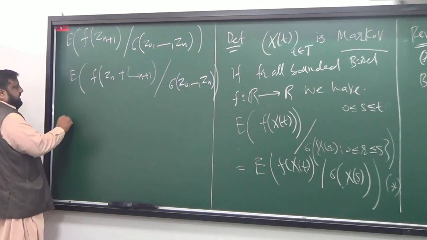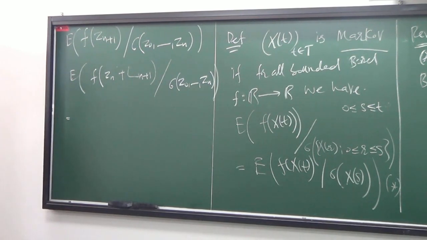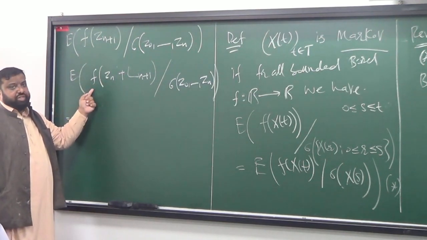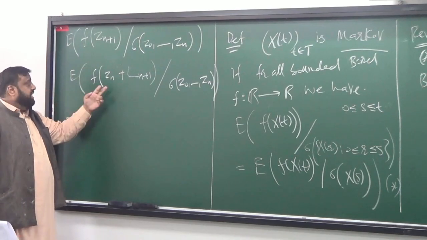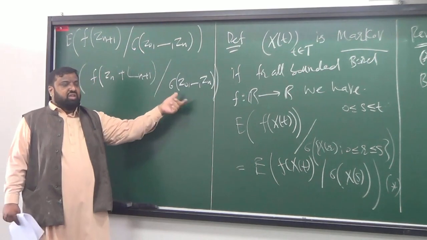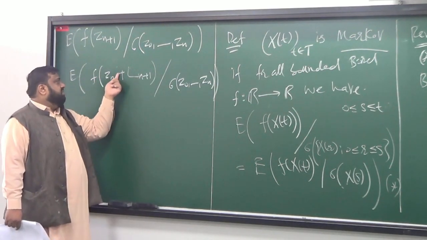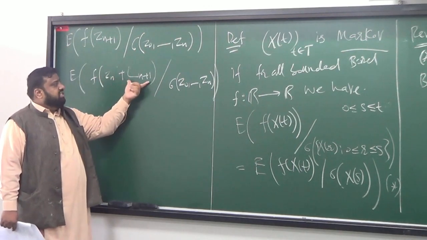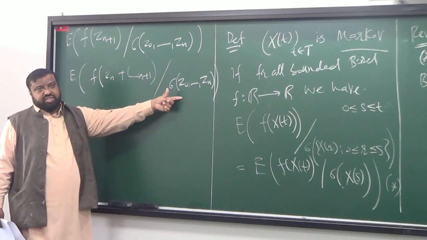Now, can I write this as... so think about it. I don't know what f looks like actually, but I know that it depends on Z_n, which is measurable here. So if it involves some expression involving Z_n, it will stay stable, and this other term is independent.